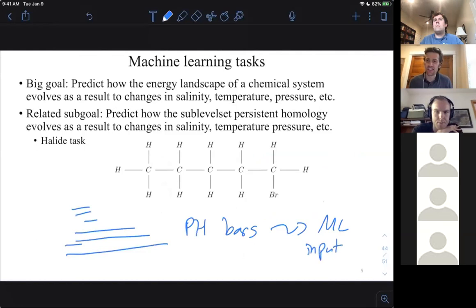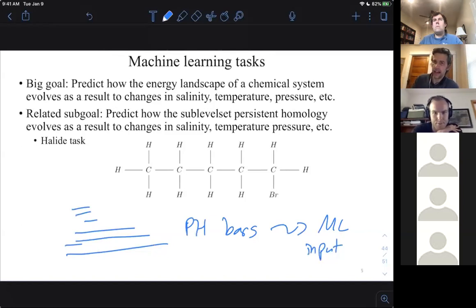I know of about 15 to 20 papers on this topic. I don't do too much in machine learning, but my most cited paper is the only machine learning paper I have, which is on one of the more popular ways of turning bars into input vectors for machine learning. So we're sort of thinking of using persistent homology bars as an intermediate summary of an energy landscape. How do you encode an energy landscape for input into machine learning tasks? Well, that's a little hard, but you can compute these finite bars, which is a more reasonable descriptor that you can plug into machine learning.